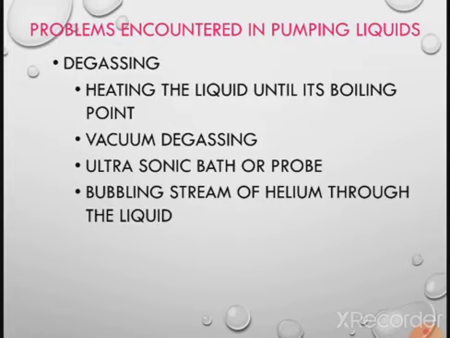If gas is present in the mobile phase, due to the high pressure the gas is dissolved in the mobile phase and it passes through the pump. But when pressure is dropped at the end of the detector, the gas may bubble out and provide a false reading. That's why it is very essential to remove the gases from the mobile phase, and that's why the degassing technique is used.